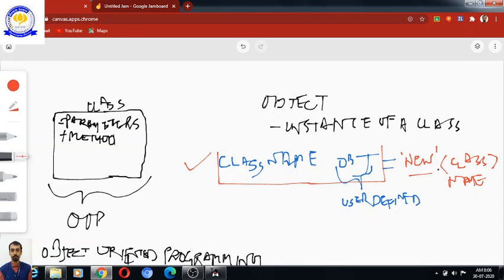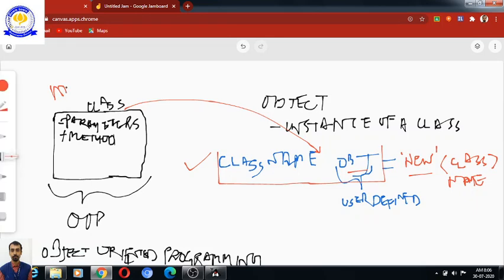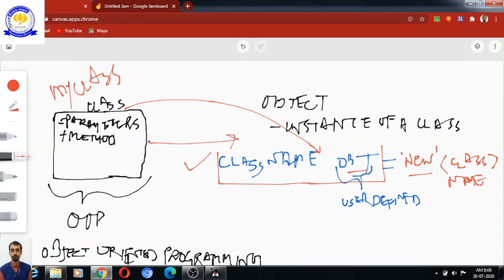So that is why it is not necessarily that this object that was created is intended to be used using this class's values. So suppose this class name is my class, and some user is wanting to use the data types provided by my class.